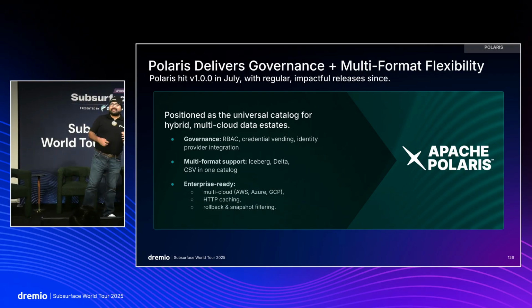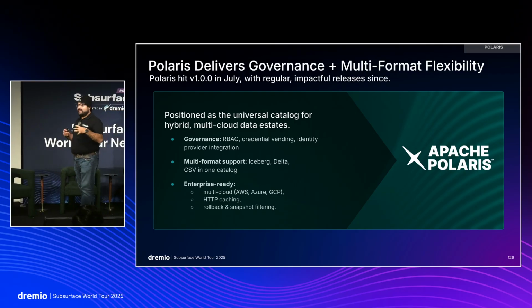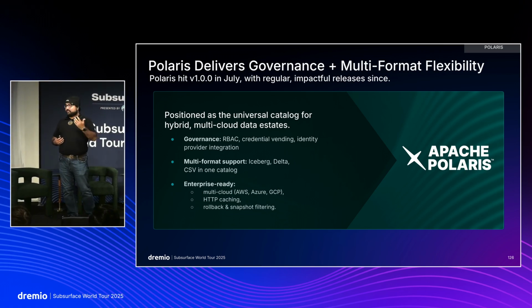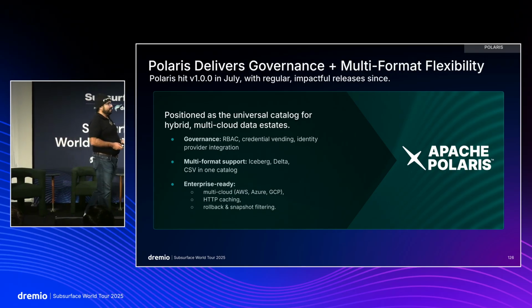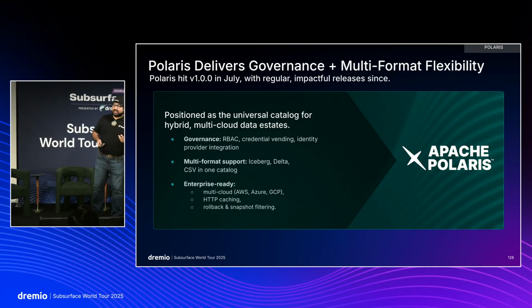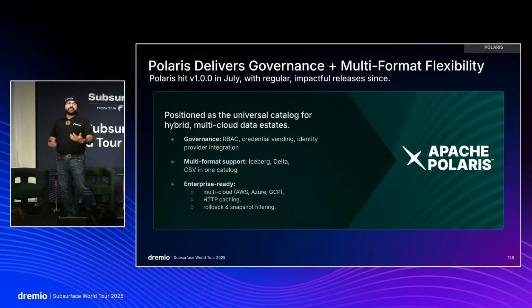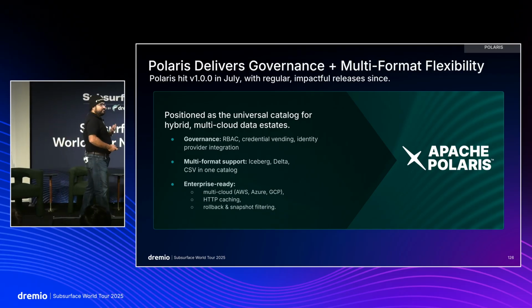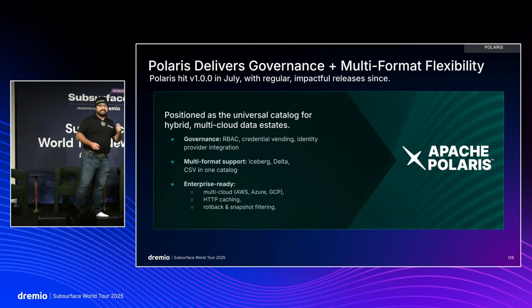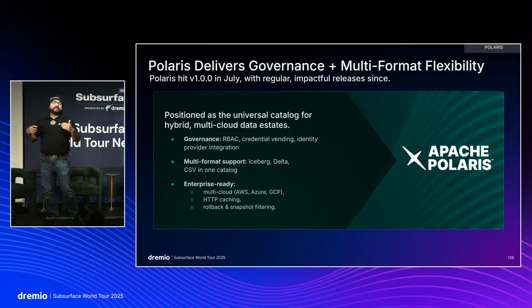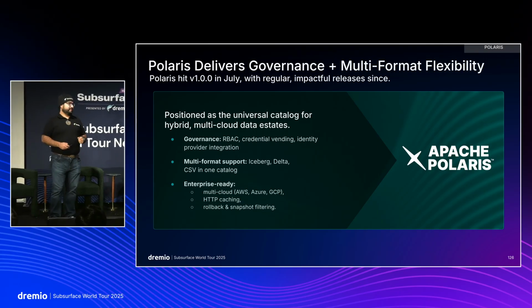Expanding now beyond Iceberg and becoming a catalog for your Lakehouse, with a couple different proposals, whether there's a table sources proposal that's currently being discussed, or an early stage beta of a generic tables feature. All these are going to allow you to take Polaris and go beyond Iceberg, so that way you can have one catalog that manages your entire Lakehouse. One source of truth. And also the ability to federate catalogs, so that if you do have other catalogs, they can all be connected in one place, so there's just one pane of glass for your end user.